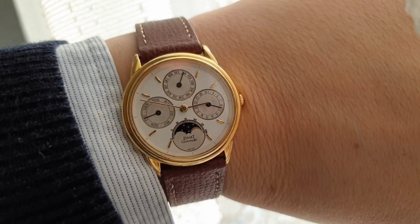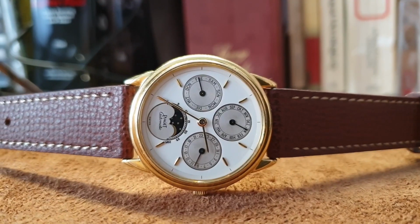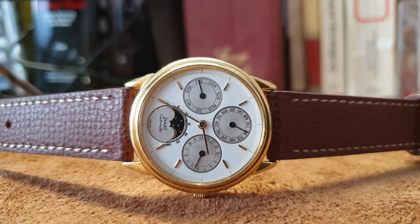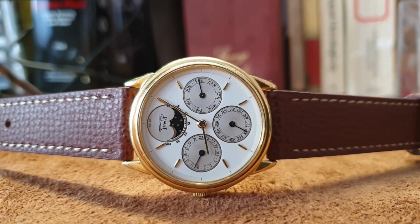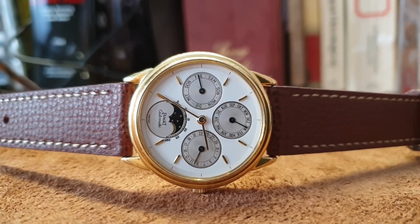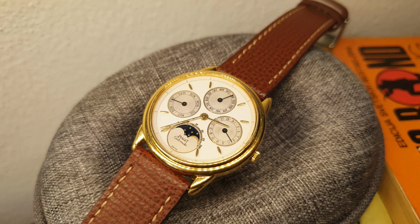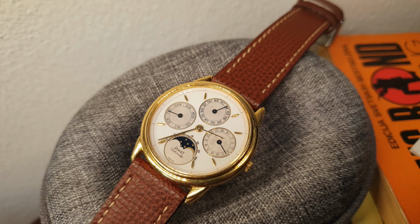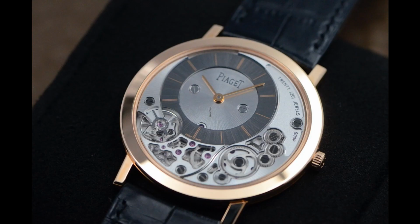So this perpetual calendar from the early 90s, with its automatic movement and day, date, month, and moon phase subdials, is more complex than the time-only designs for which the brand was known, and this in fact represents the missing link between the sleek time-only watches Piaget used to produce in the 20th century and the high complication watches they